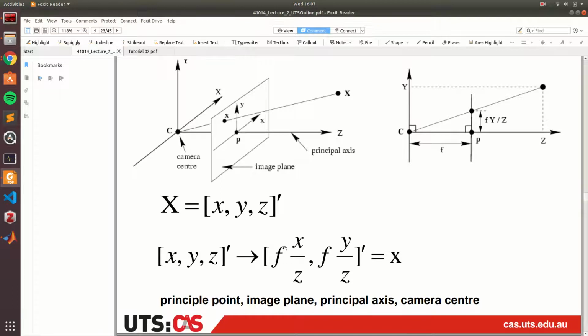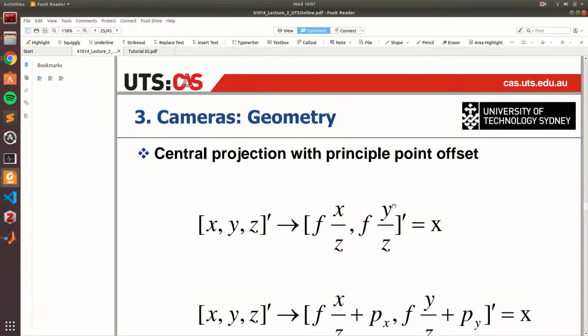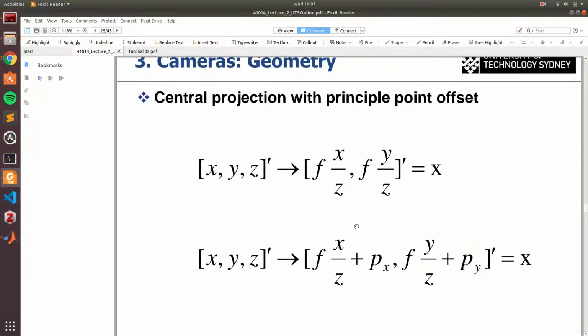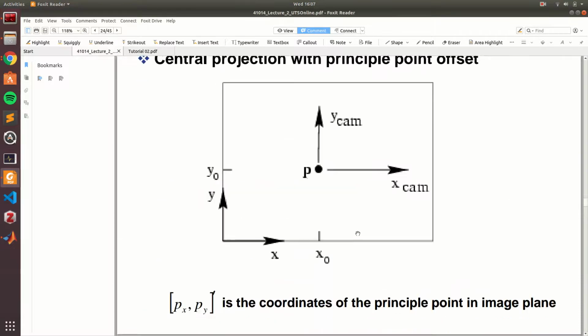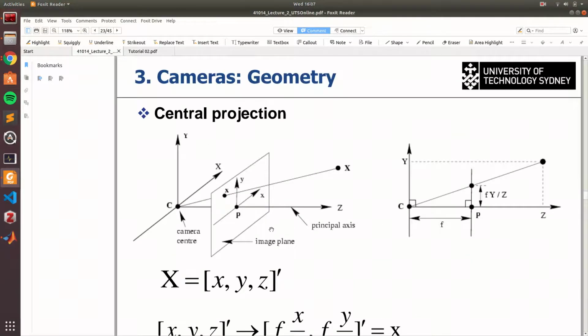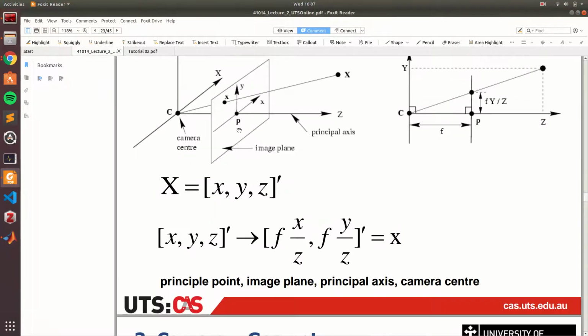So these two are your image plane coordinates. This is your 3D point, and basically that's how the projection really works. Now for these equations to work, we assume that the principal point is right at the center